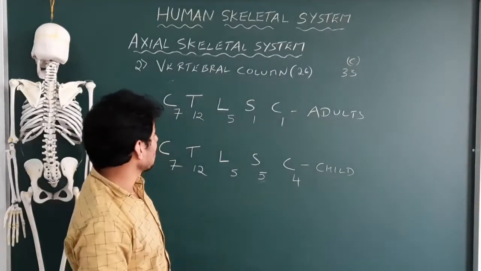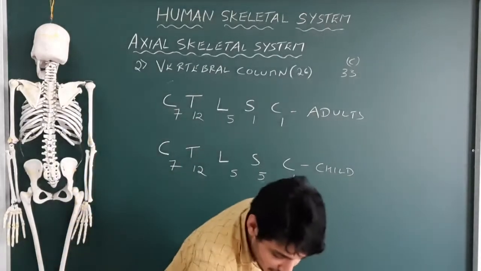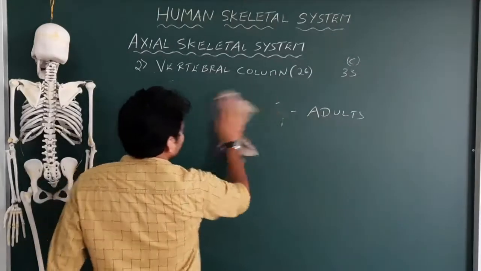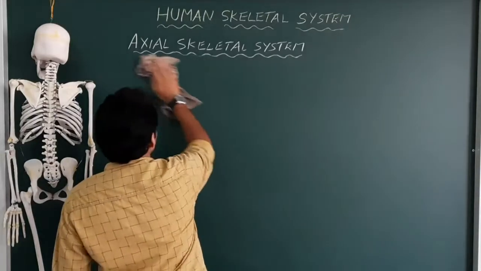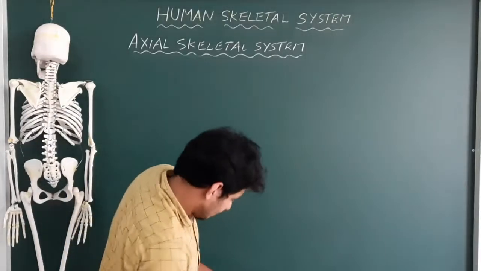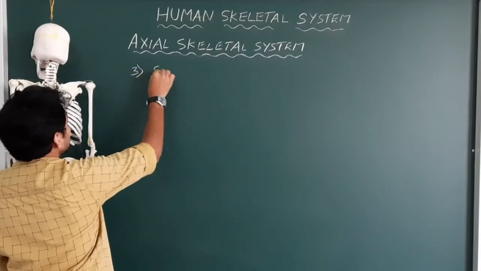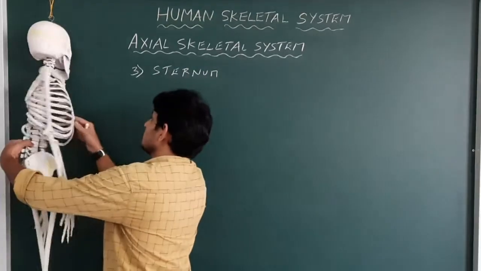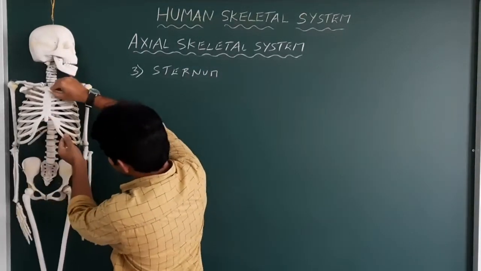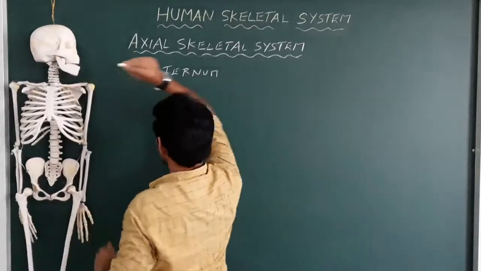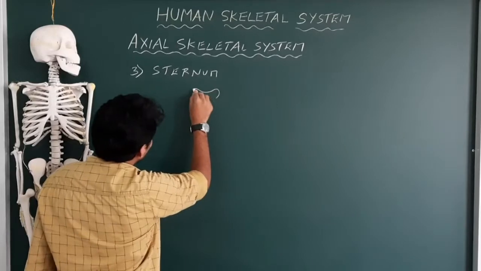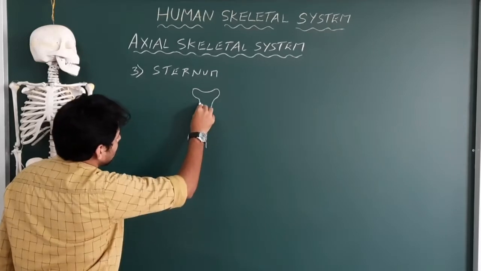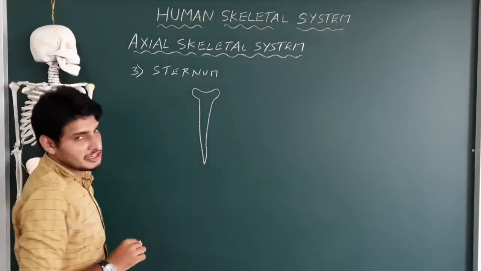Next we will go to the third component, a very important component of the axial system, that is actually called the sternum and ribs. Okay, so let me erase it. So the third component, we just write third component, sternum. So what is exactly the meaning of sternum? Okay, so let me just show you the sternum. So this is sternum. See, this is sternum. Got it? Okay, let me draw that sternum. So it's a bit wide in the anterior position, that is actually in the neck region, and it goes like this, but it becomes narrow towards the posterior region.